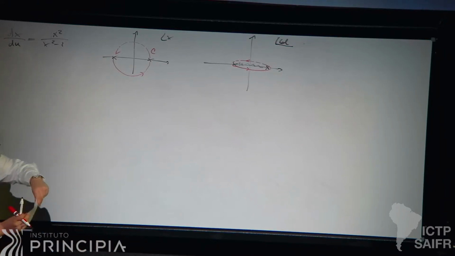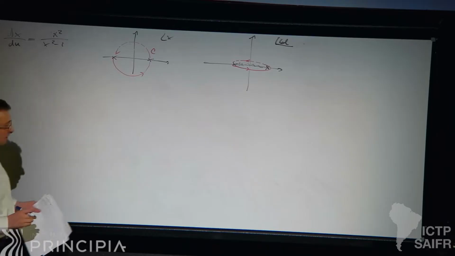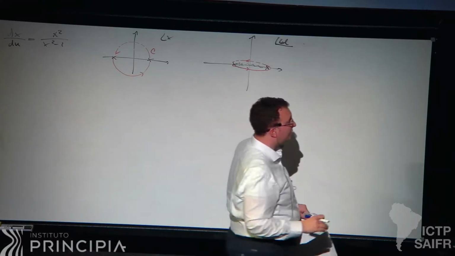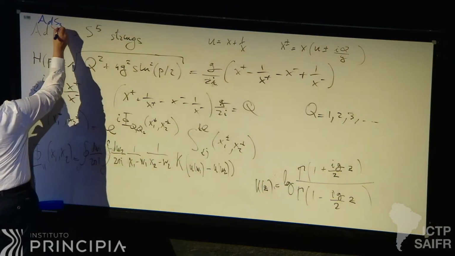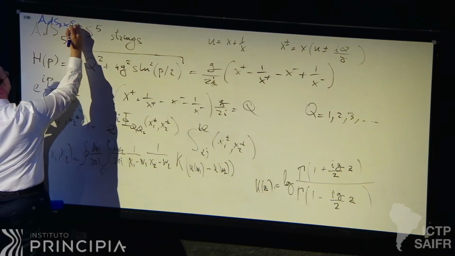Okay, so that's the story for AdS5. Now, how does it change for AdS3? And that's the next order of business. So I will do that in steps, and I hope I will have time to get to the end. First, I want to tell you what happens if you do AdS3 just without any NS flux, but just with Ramond-Ramond. So I have now here AdS3 cross S3